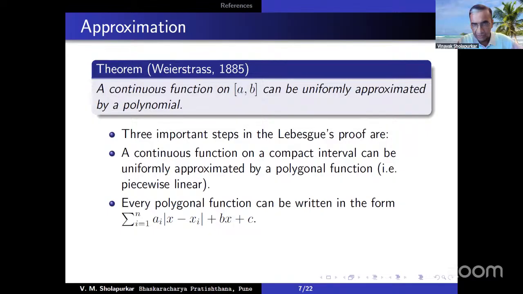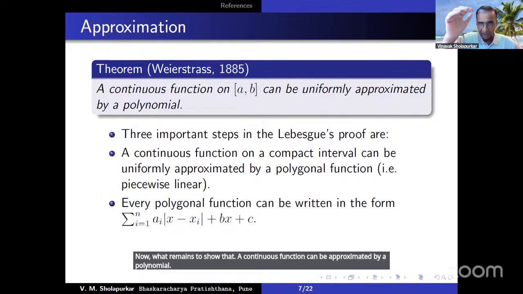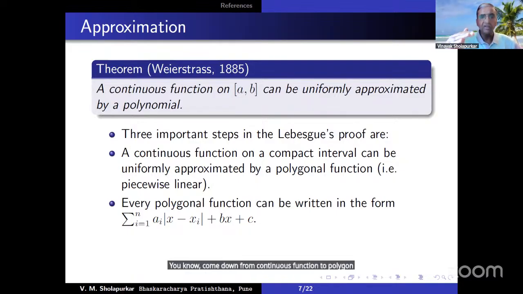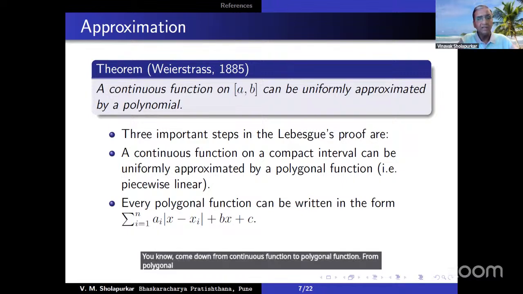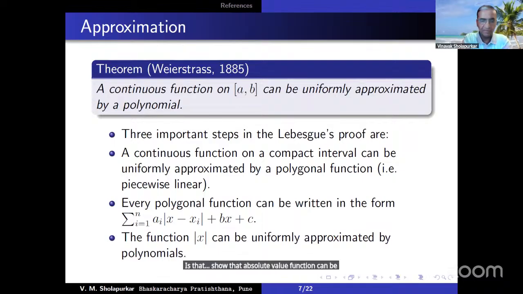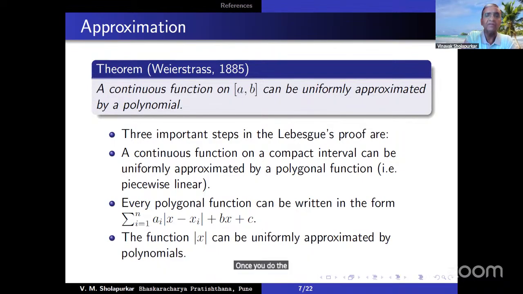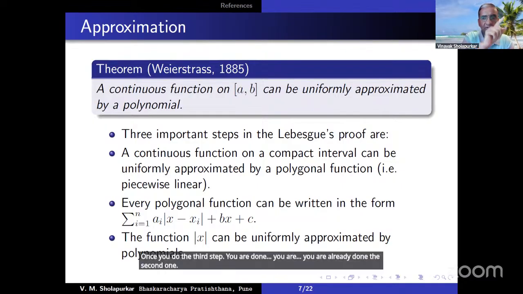Now what remains is to show that a continuous function can be approximated by a polynomial. You have come down from a continuous function to a polygonal function. From a polygonal function, you have noted a form in which it appears. Now, what remains is to show that the absolute value function can be approximated by polynomials. Once you do the third step, you have already done the second one, and then you are through with the